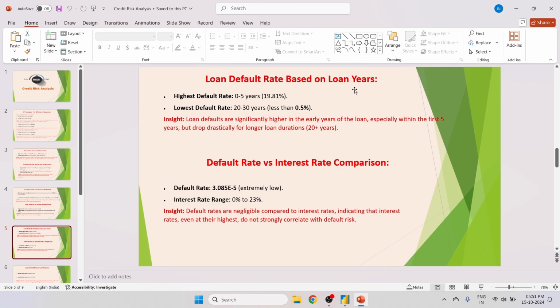Loan default rate based on loan years. Highest default rate at 0.5 years is 19.81%, and the lowest default rate is at 20 to 30 years, less than 0.5%. The insight from this data is that loan default rates are significantly higher in the early years of the loan, especially in the first five years,